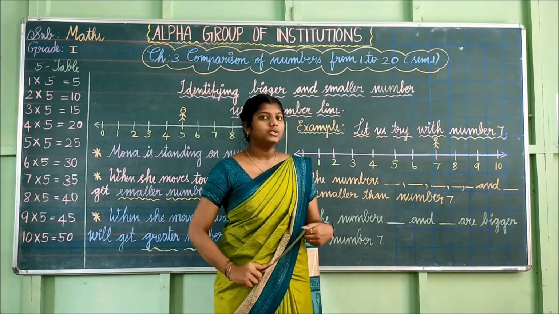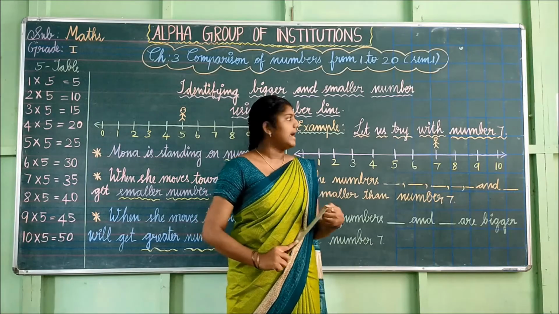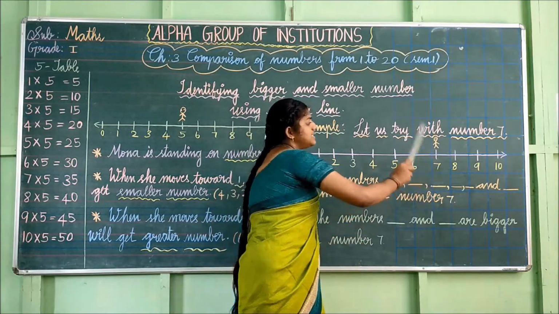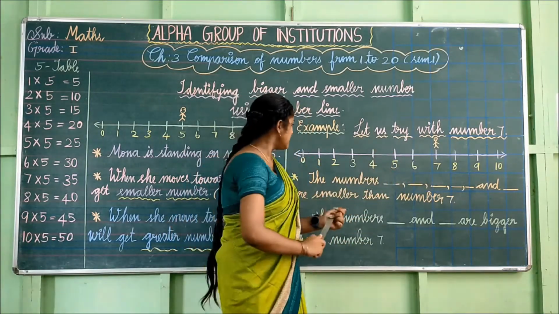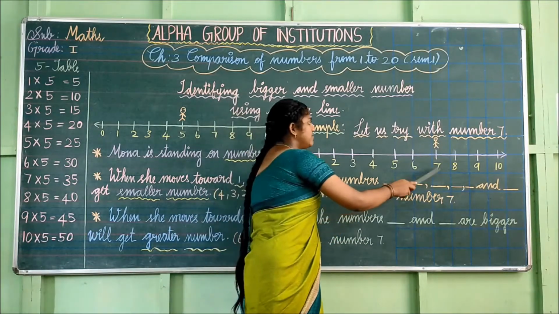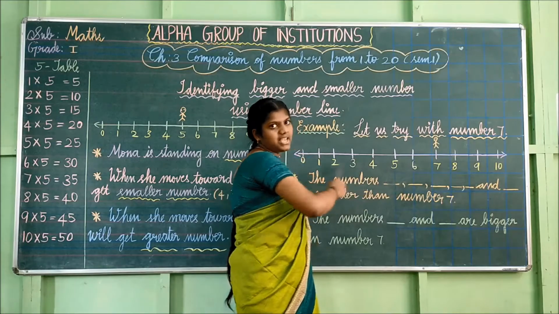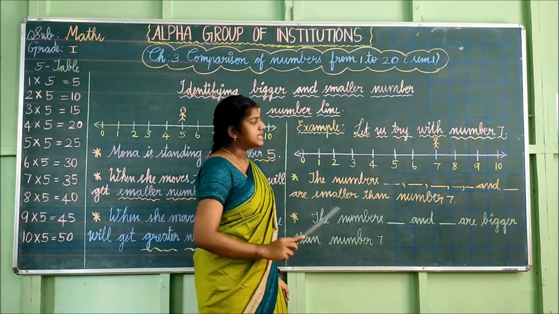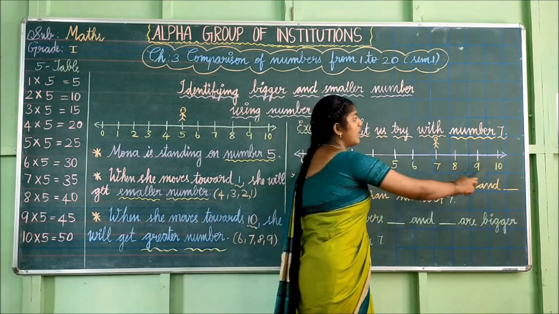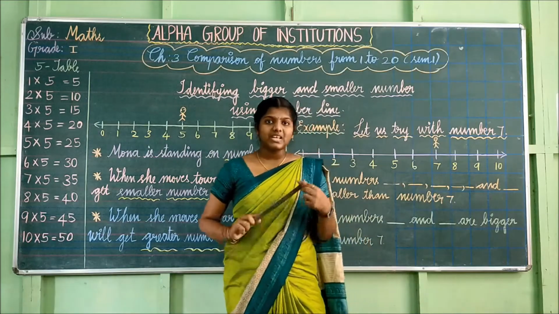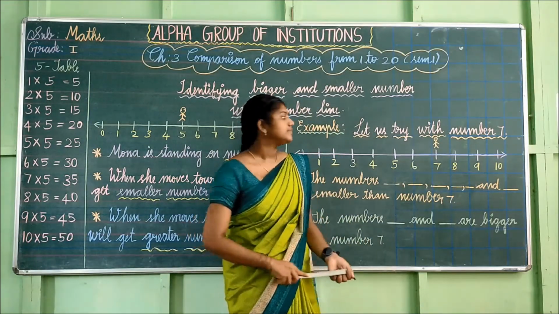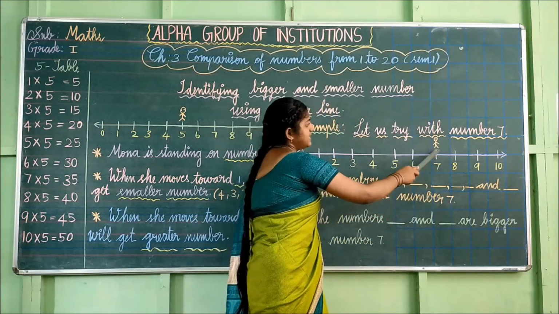So what we are going to do? We are going to find using this number. Okay? See here. Likewise, when she moves towards 1 from 7, we will get smaller numbers. And when she moves towards number 10, we will get a greater number. So here see, when she moves